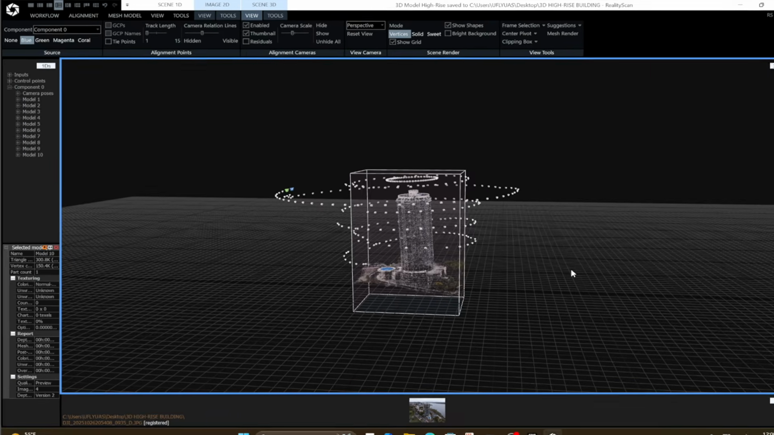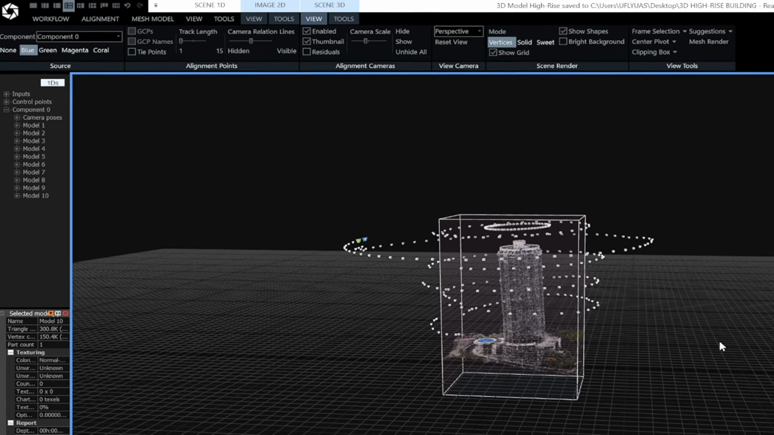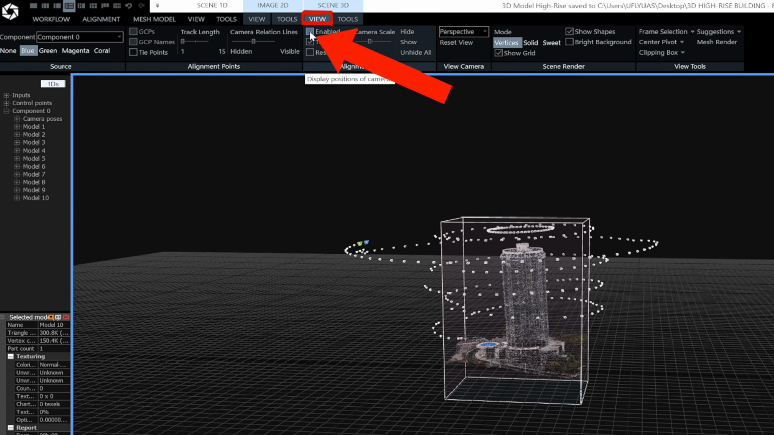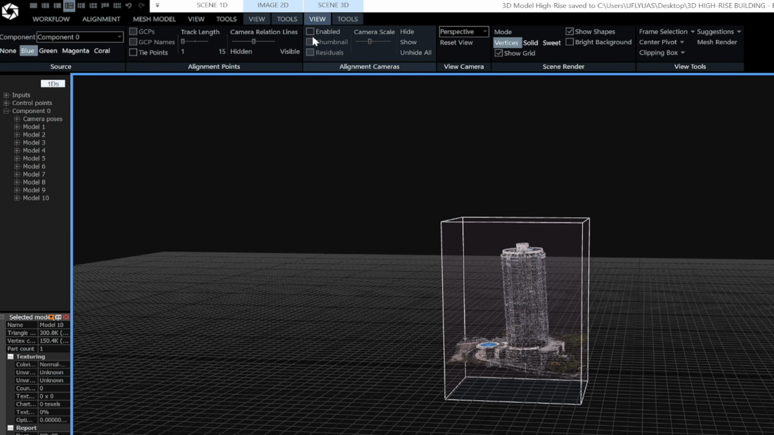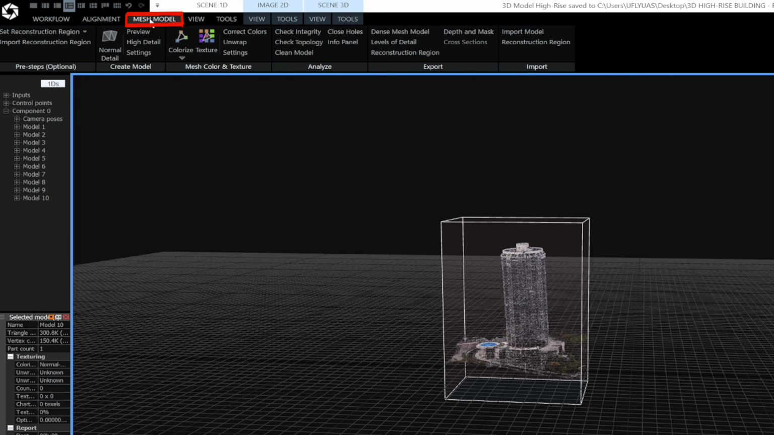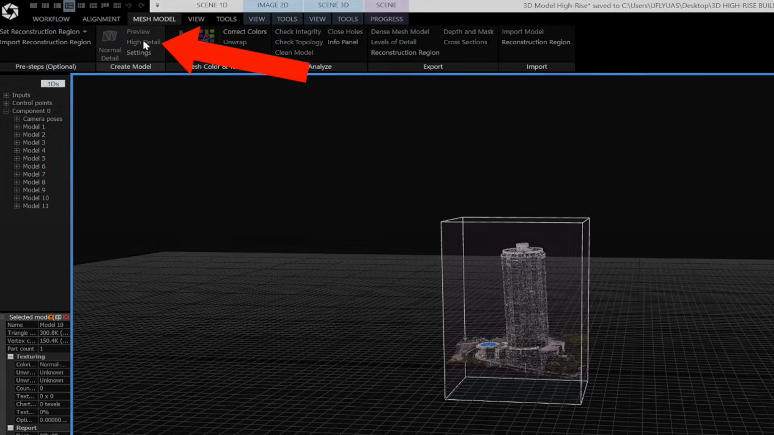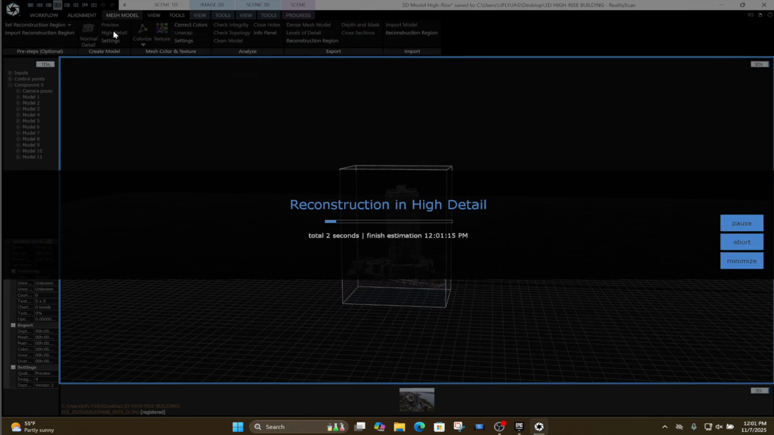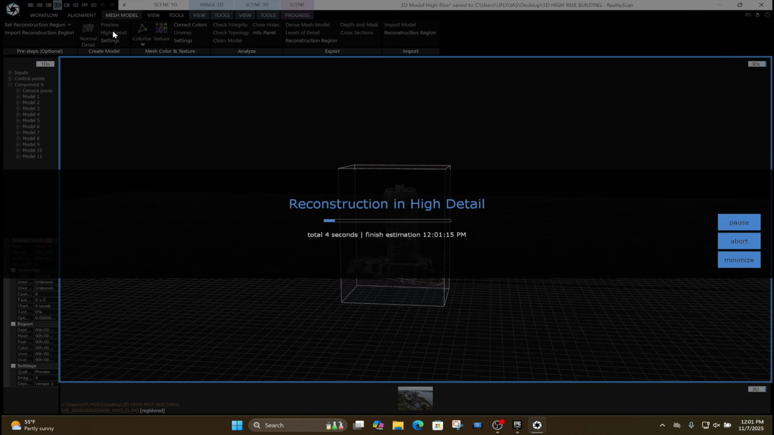Let's go ahead and disable the cameras to clear up the view. Click View under Scene 3D and uncheck the box that says Enable. Now click on Mesh Model and select High Detail. This will generate a high detail mesh of your structure. If you don't need that level of detail, you can select Normal Detail, which will still produce a very clean